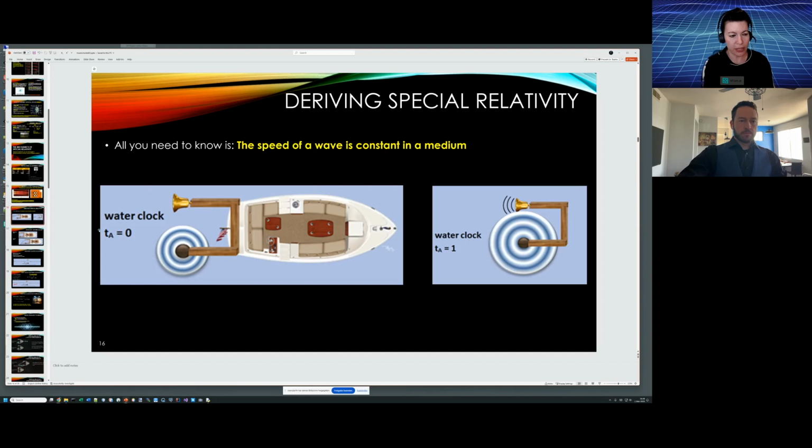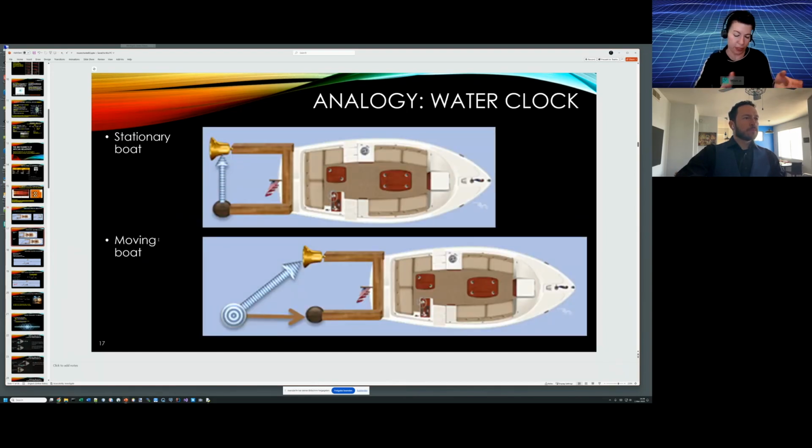Okay, very simple. And now what happens when the boat is moving? So before, it took us 4 seconds, right? Now, when the boat is moving, remember that the rock went in the water here when the boat started to move. The boat is moving to the right. So as the wave is spreading, the boat has now moved. After those 4 seconds, the boat is no longer here, right? It's moved to the right. So now, as you can see, the wave has to travel a longer distance to reach the bell. So now that one tick is no longer 4 seconds, but maybe 6 seconds. Do you see that?